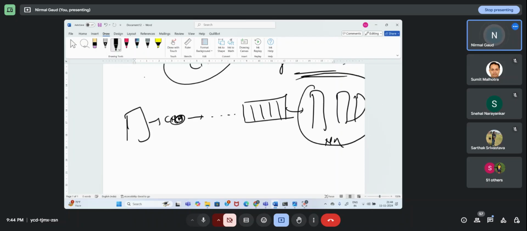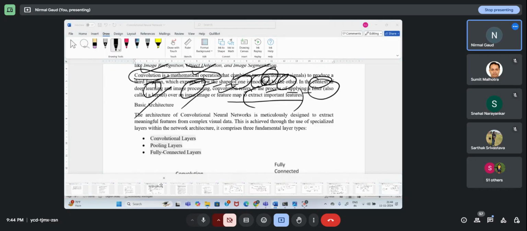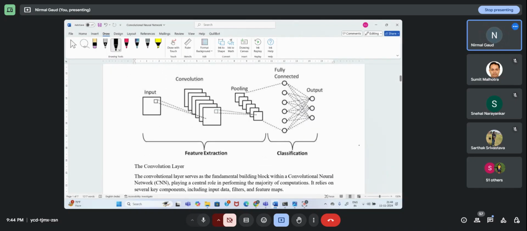I will show you the diagram. This is what I roughly made. So by applying CNN, how does it work? Let me show you here how it works. Now see it properly. Here it is. This is an input image. Here I am having convolution filters. Filters you will not decide.